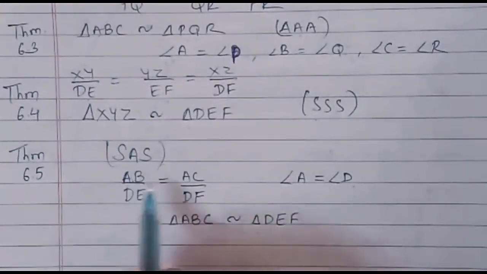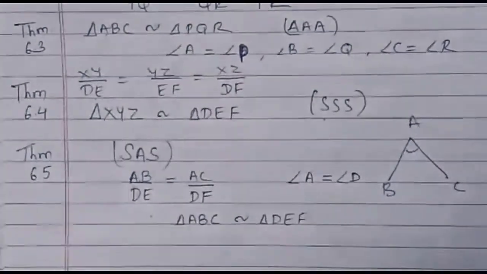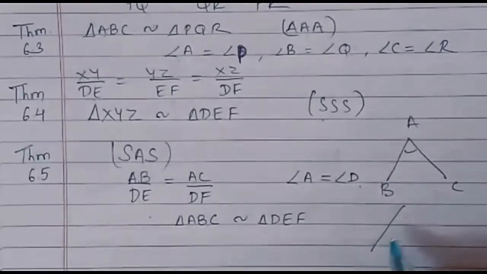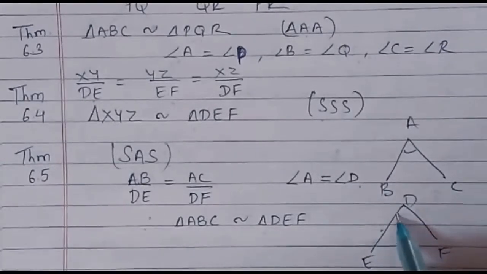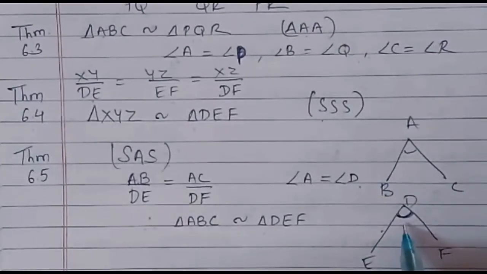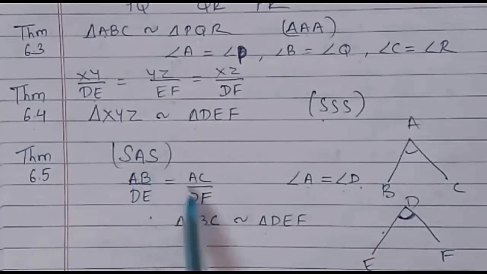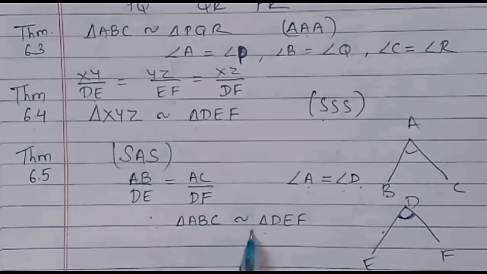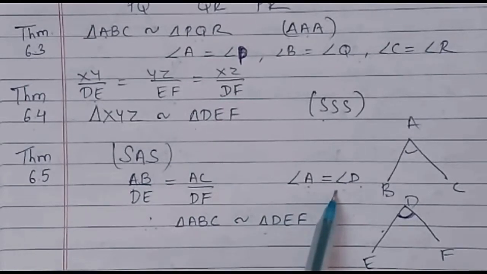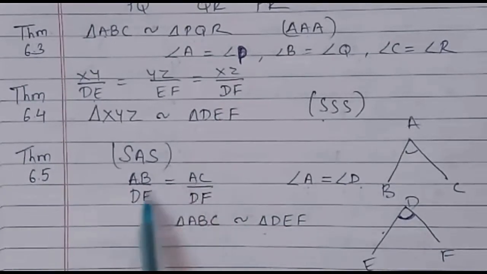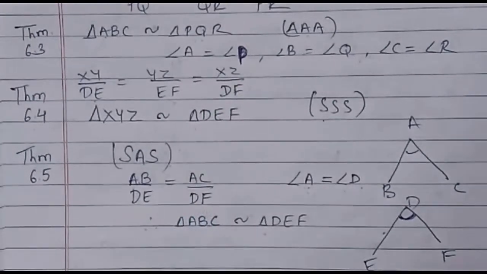So you can see when we draw AB and AC, the two sides AB and AC, so it will form angle A. Same way, if I draw DE and DF, right? So this is line segment DE and line segment DF, it will get included angle to be D. So here the included angle is also equal. Therefore, by this SAS theorem, the two triangles will be similar. The proper statement is, if one angle of a triangle is equal to one angle of another triangle, and the sides including these angles are also proportional, then the triangles are similar.